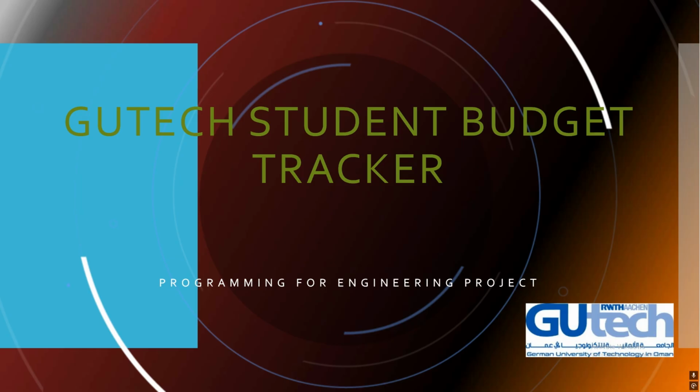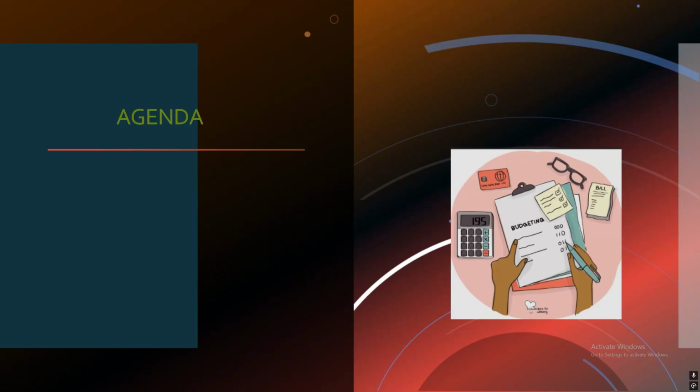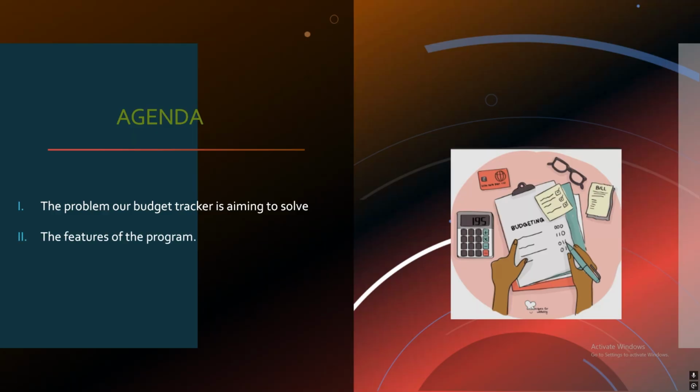Now, I'll explain the agenda. So, firstly, we'll explain the problem our budget tracker is aiming to solve. Then, we'll explain the features of the program. And then we're going to move on to the flow chart. And then after that, we're going to show a visual representation of our code. Now let's have Saeed explain